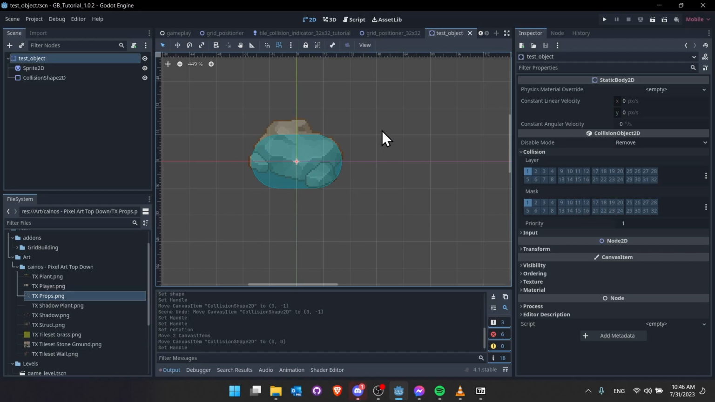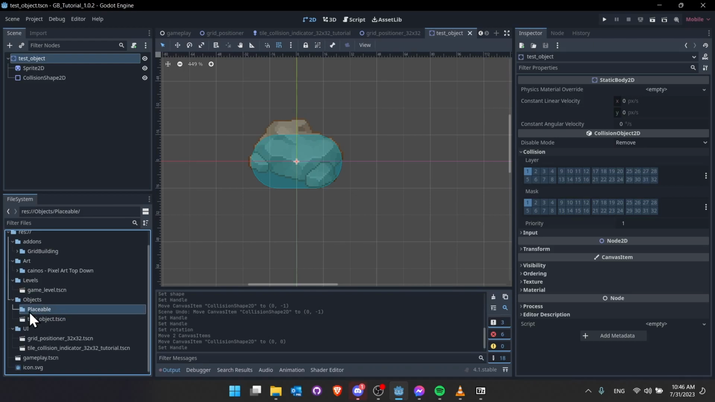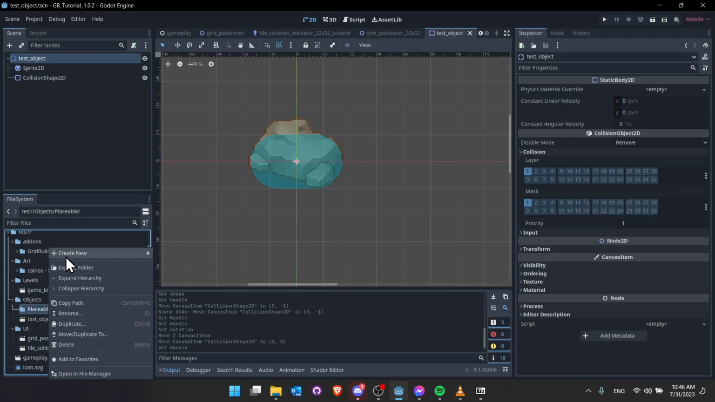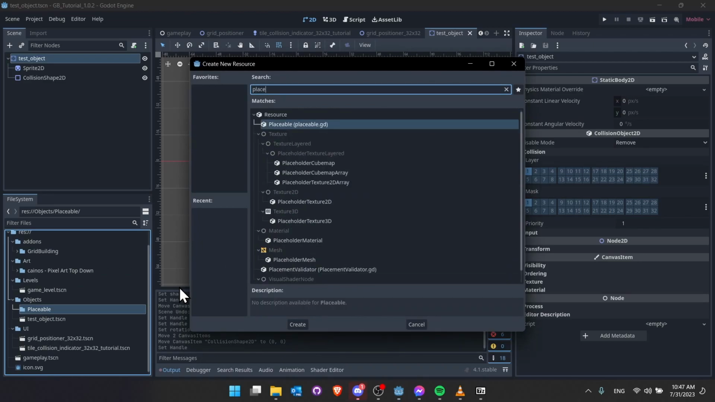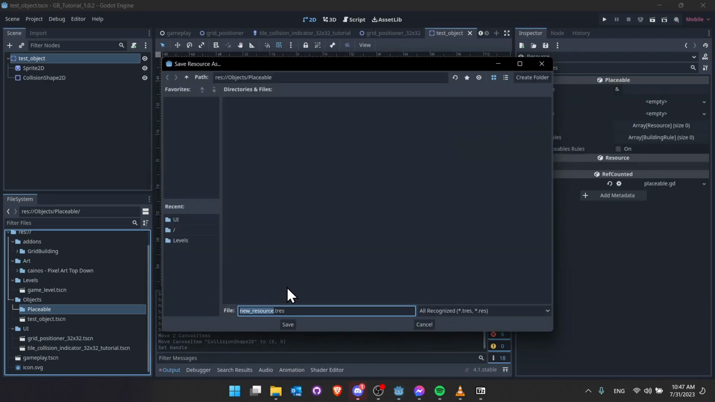Then you should be good to go. Okay, now that we have that object, we can create our placeable. So in the placeable objects, I'm going to right click here, create a new resource, search for placeable.gd, and we'll add that in. So we want this to be basically the same name of our main object. So I'll call this placeable big